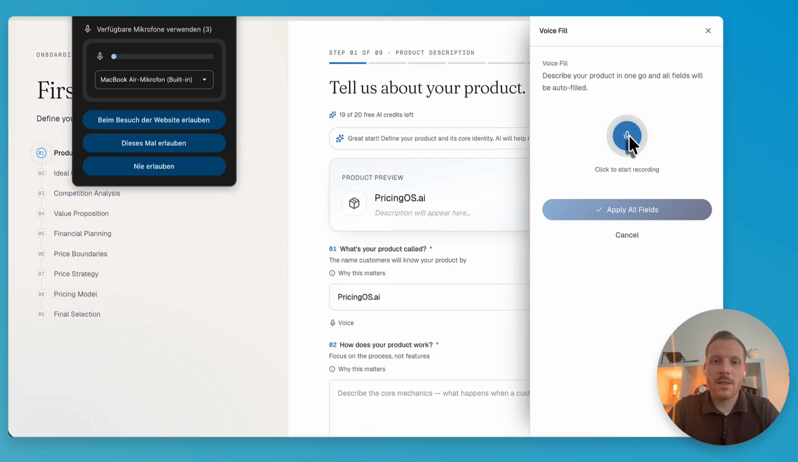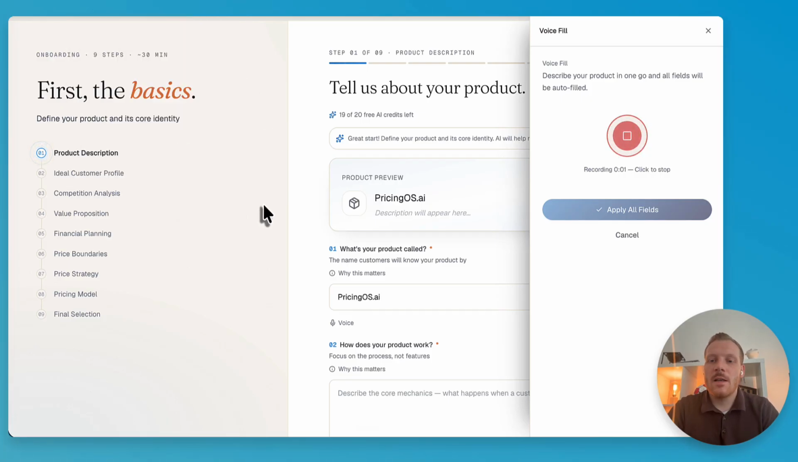So I would start the recording here. We help B2B entrepreneurs and product managers to price their product in less than 1 hour. PricingOS.ai is a software as a service in which the user goes through a 9-step process that guides him to the perfect pricing strategy. After filling out the 9 steps, the AI has enough context to help him with all pricing decisions he has to take, and it gives the user a perfect price range in which he can offer